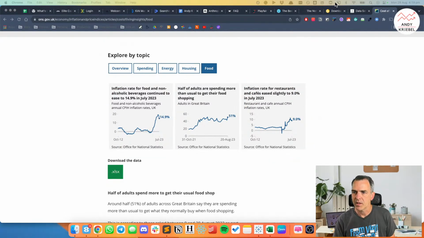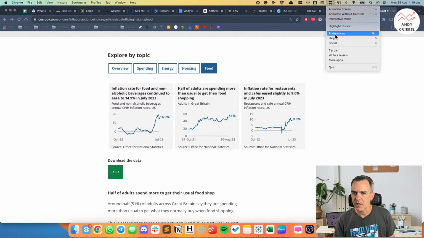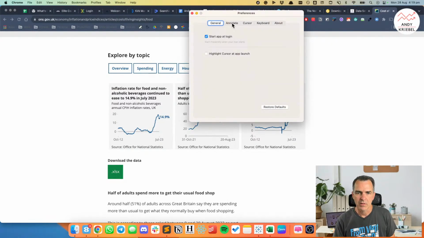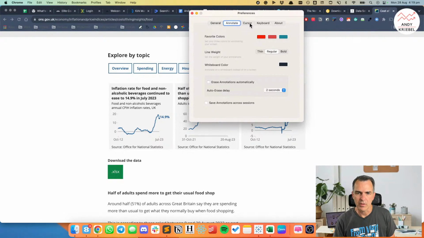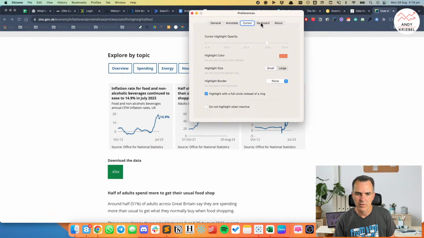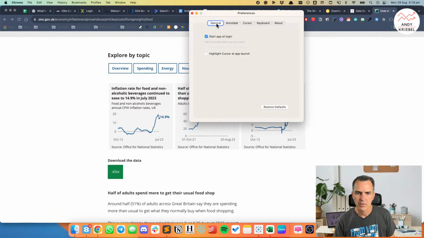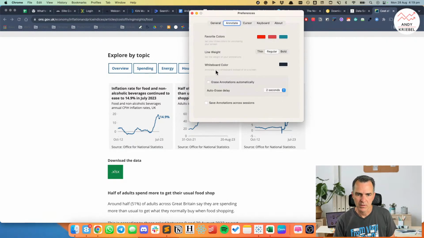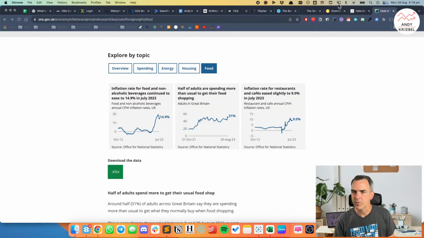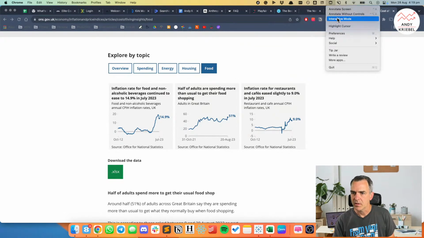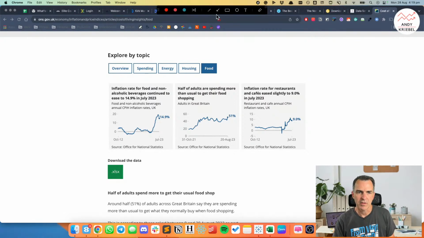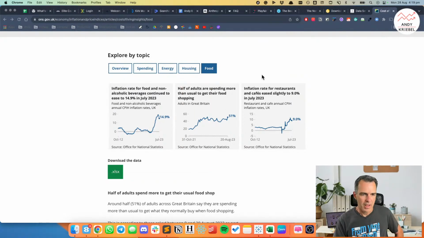I wonder why my selector is doing a circle instead of a rectangle. Huh. Okay, that's weird. Annotate. I'm not quite sure why it's doing a circle instead of a rectangle. Okay, here we go. So I change it, and now we should have a rectangle. Okay, that's better. Sorry about that. Let's just hop right into it.